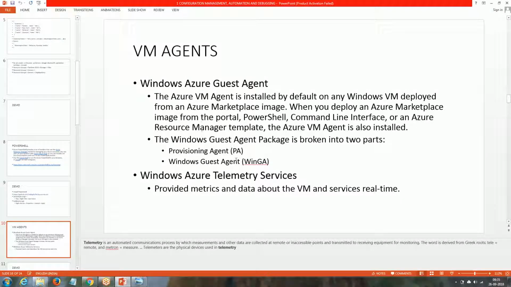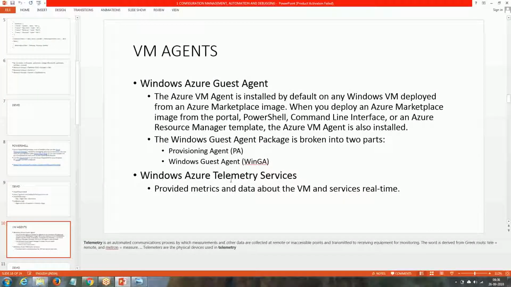The guest agent is mainly responsible for deploying whatever code snippets or any kind of feature into your guest OS. When we say guest OS, it means whatever OS is deployed into the VMs we create, or any VM. Basically we are just deploying it on the VM. Yes. And the telemetry service is something